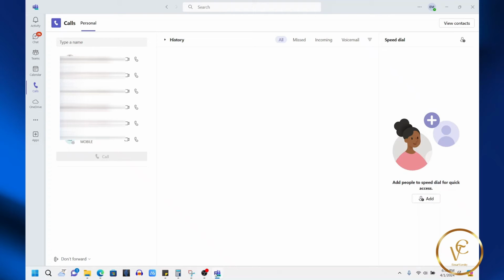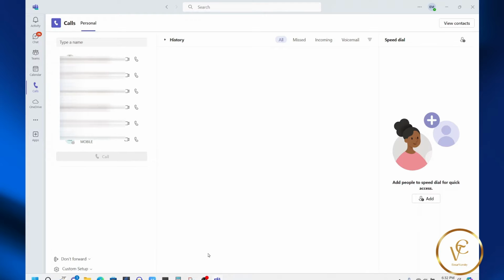In this video, I will be sharing with you how you can set up call forwarding on Teams. So to your left on the menu, you want to select the calls option. Then here at the bottom where it says don't forward, you want to click the drop down and select forward